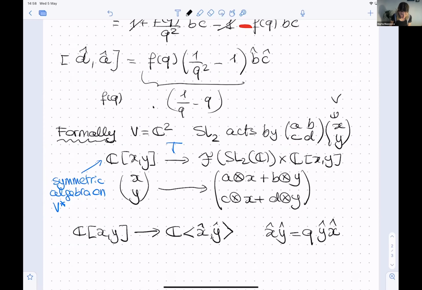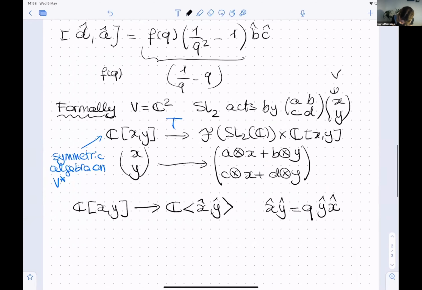And now what we do is that we use this map and we insist that this is still an algebra homomorphism, which means that if I call this my quantum mu x and the other one my quantum mu y, what I'm imposing is